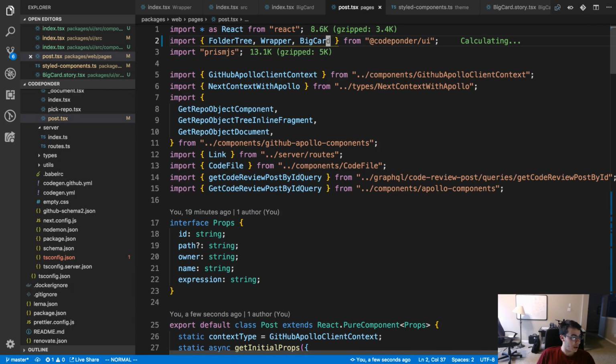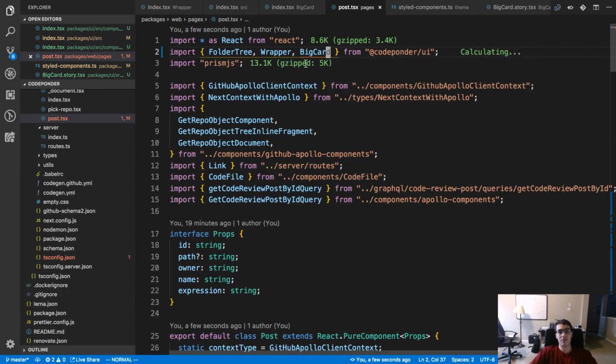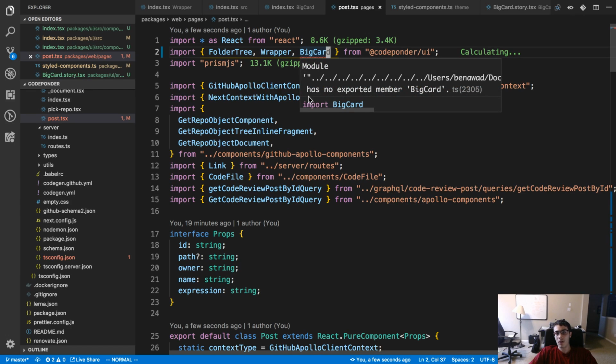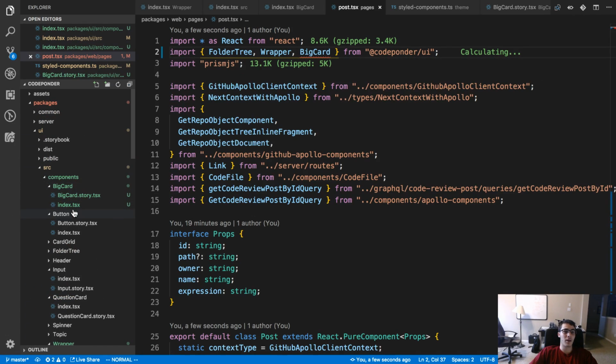In fact, if you'd be willing, you could just set up rebase, outside the one downside I mentioned. Yeah, I'd be fine setting up rebase for this. Oh, I didn't export big card.